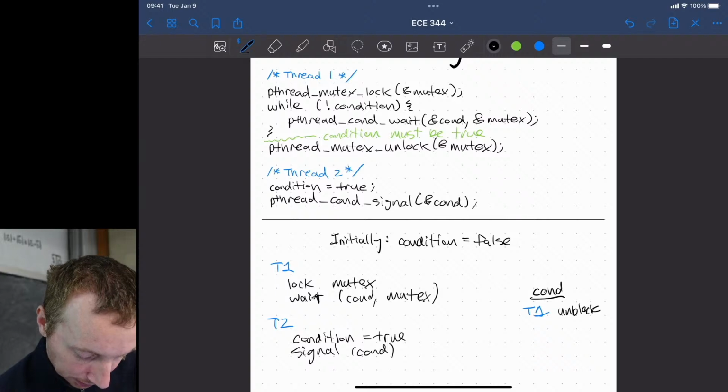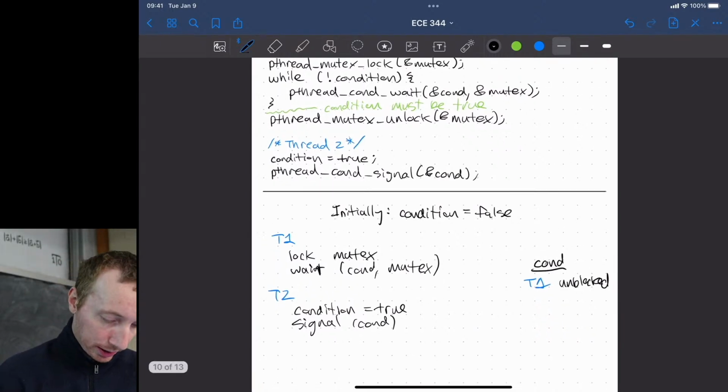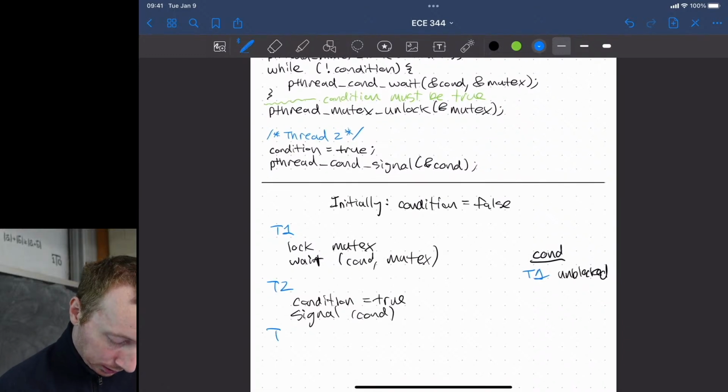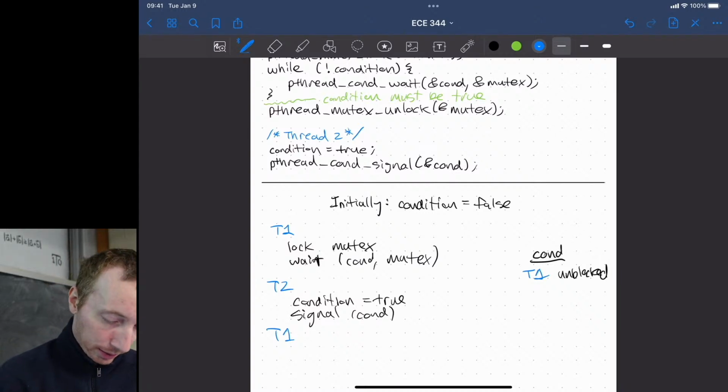So now it can be scheduled to run, and now doesn't have any other choice but to run. So it's unblocked now, and whenever it gets unblocked, before it can return from wait, it has to re-grab the mutex. So the mutex is currently unlocked because, as part of the process of atomically adding ourselves to the queue, it unlocked it. So it would grab the mutex again and then return